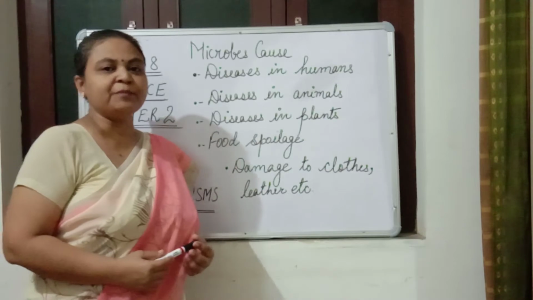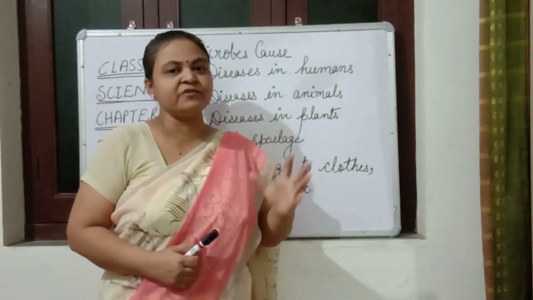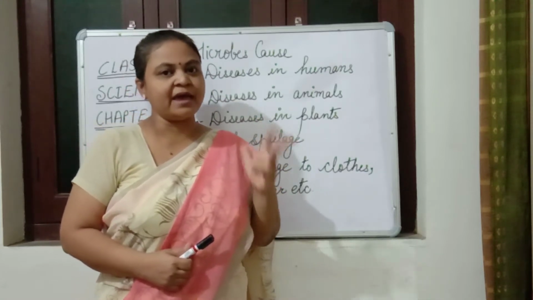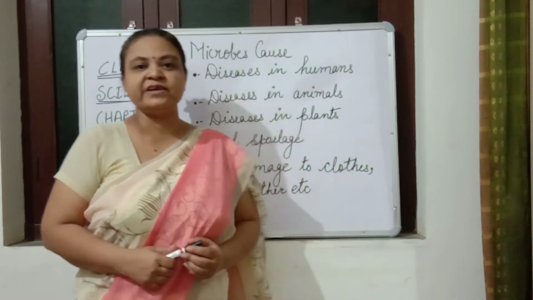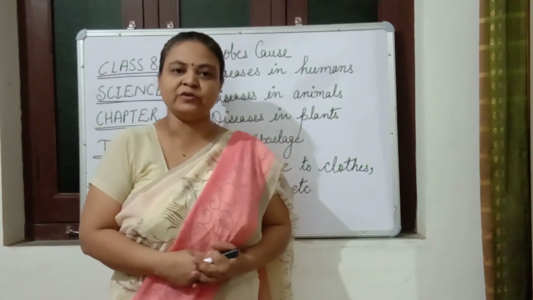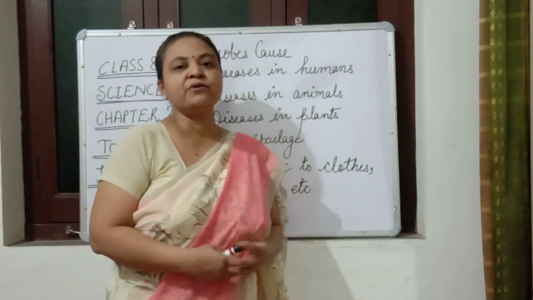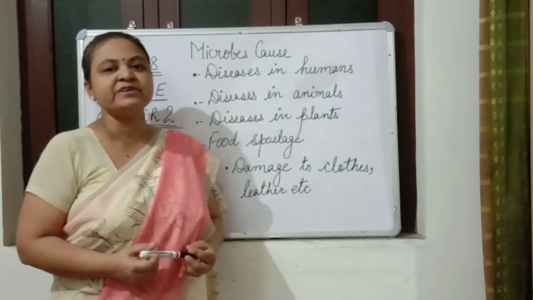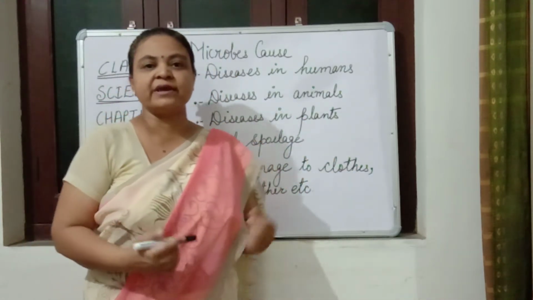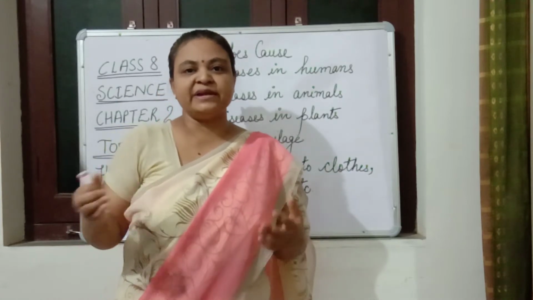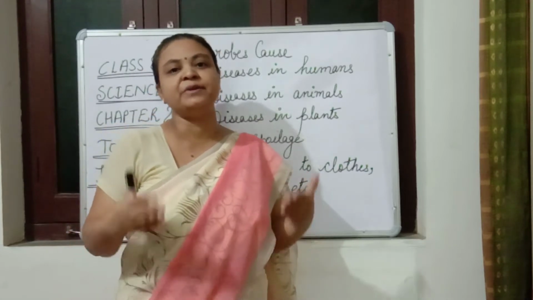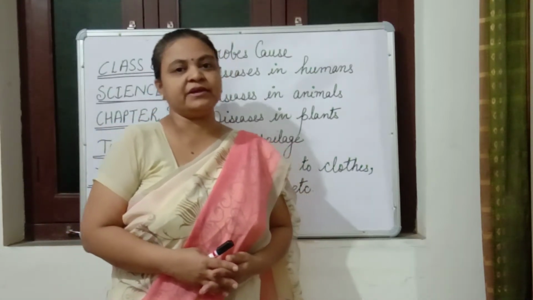In the beginning of the chapter, we have also discussed the 5 groups: algae, bacteria, fungi, protozoa and virus. Out of these, some of them are useful and some of them are harmful. The uses of microorganisms we have already discussed in the previous videos. In commercial use, which microorganisms are useful; in the medical field, which microorganisms are useful; and which microorganisms clean the environment and help in agriculture or making